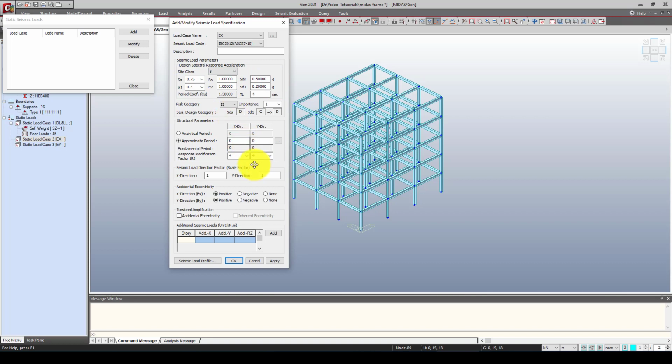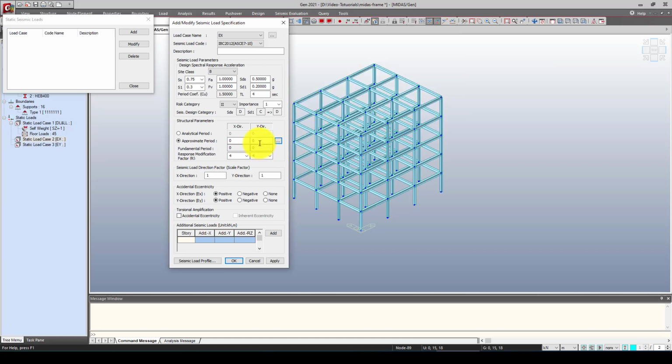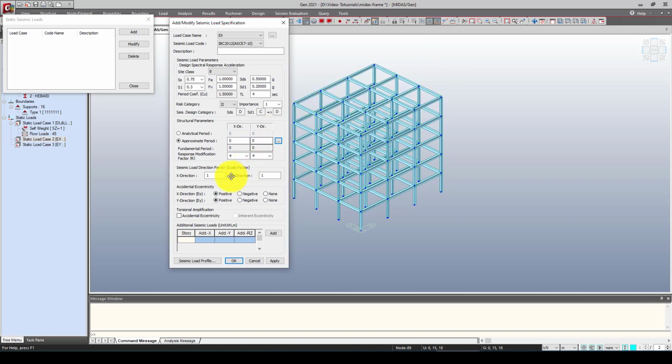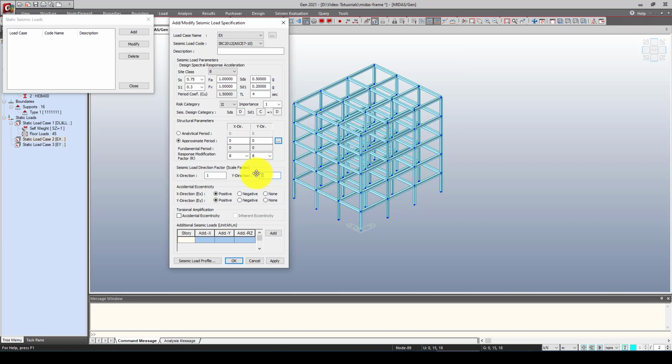Now this important factor is 1. I want to select this first one, which is for steel structure, okay. And one more thing I should say, this is a steel moment resisting structure, so I'm going to give 8, and give this time period, and this is just in Y, and